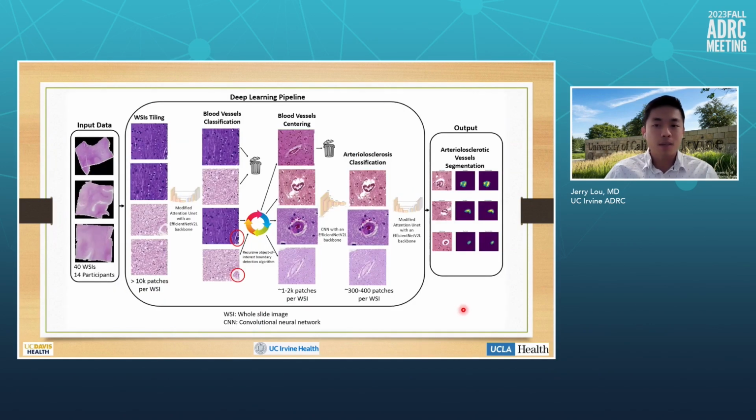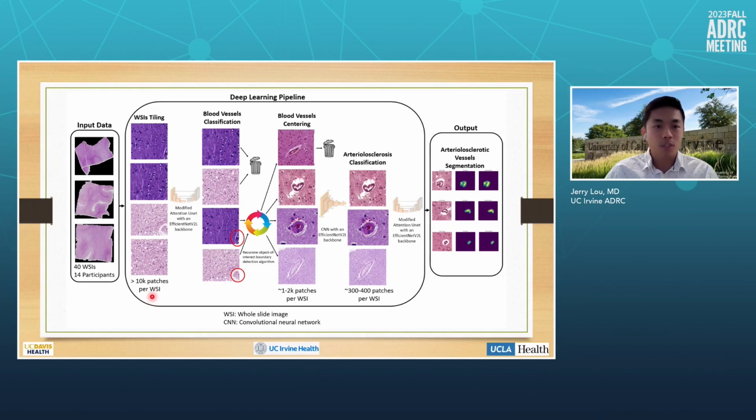However, applying a quantitative approach to all vessels on all slides of all cases in a study would provide high granularity morphometric data on vascular structure that would facilitate the study of cerebral vasculopathy. However, doing so is not feasible manually for a neuropathologist. Deep learning shows promise for automation of quantification through a method called semantic segmentation. So overall, in our pipeline, so far we input 40 whole slide images from frontal and occipital white matter of 14 participants from 3 institutions, UC Davis, UCI, and UCLA,